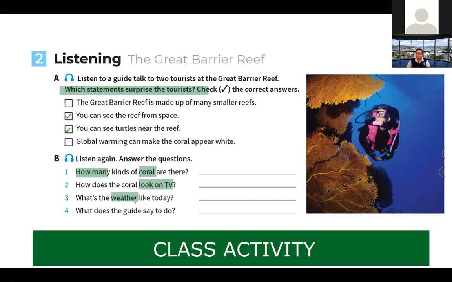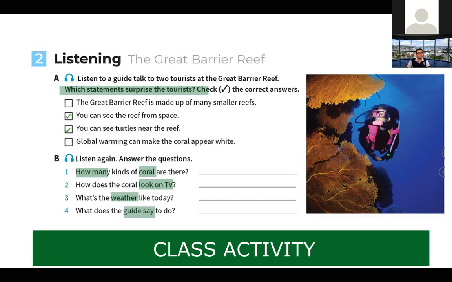You know, is it cloudy, cold, hot, sunny, etc.? ¿No? What does the guide say to do? Eso también lo dice casi al final, ¿no? ¿Qué es lo que dice el guide? What's the recommendation? ¿Cuál es la recomendación? ¿Ya? Entonces esas son las palabras claves. Traten de relacionar. No hay necesidad de que entiendas la conversación al 100% de inicio al final, pero sí trata de prestar mucha atención y de encontrar estas palabras dentro de la conversación, dentro del audio. ¿Ya? Okay, one more time.